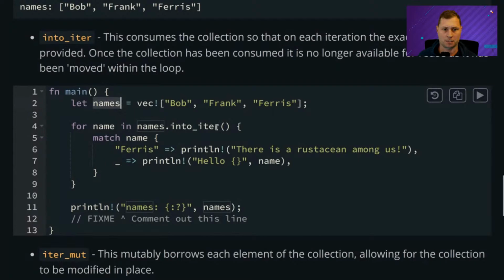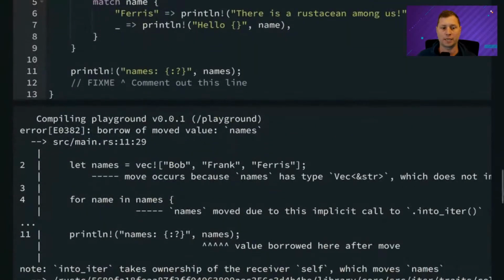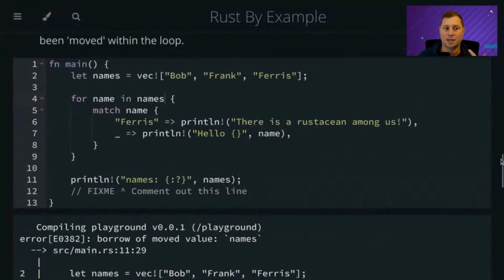The reason why this becomes particularly complicated is that if you just use iteration over the variable, the compiler will actually insert into_iter itself, and we get this horrible error message, borrow of moved value, which feels very annoying